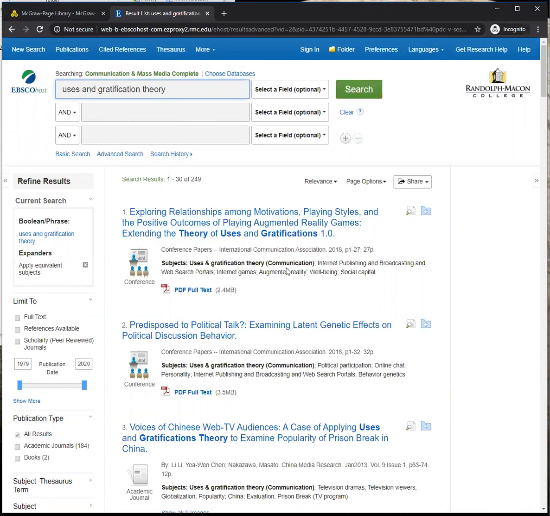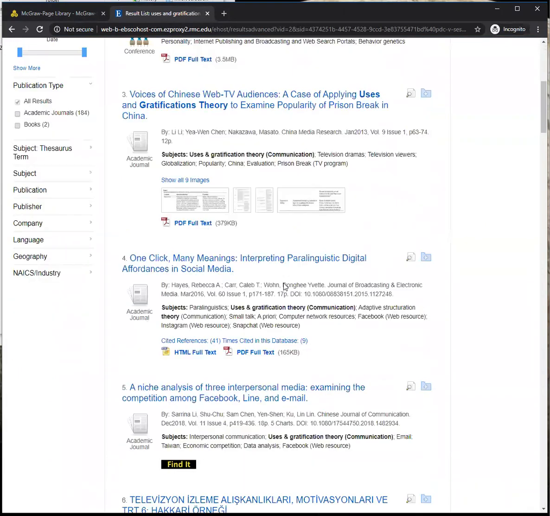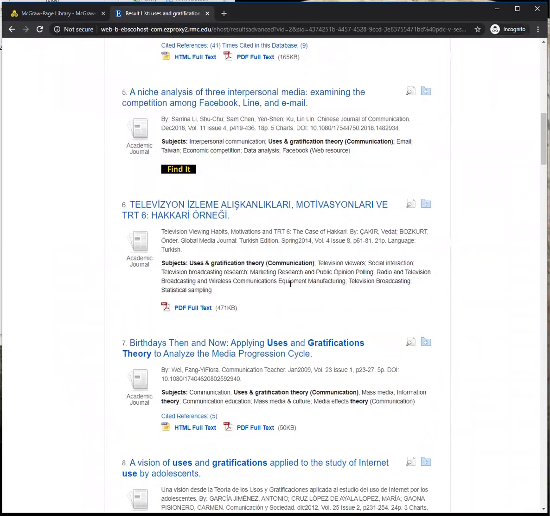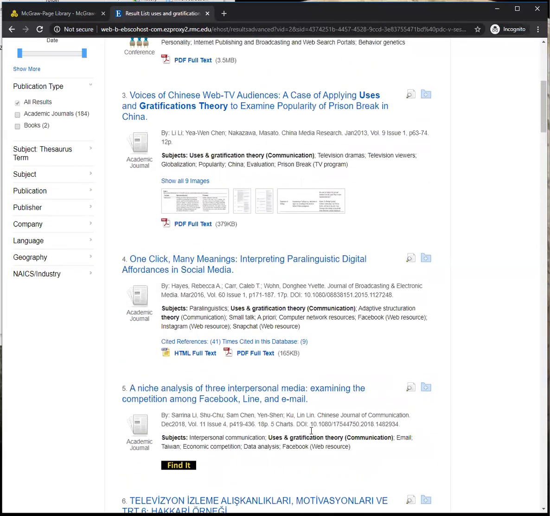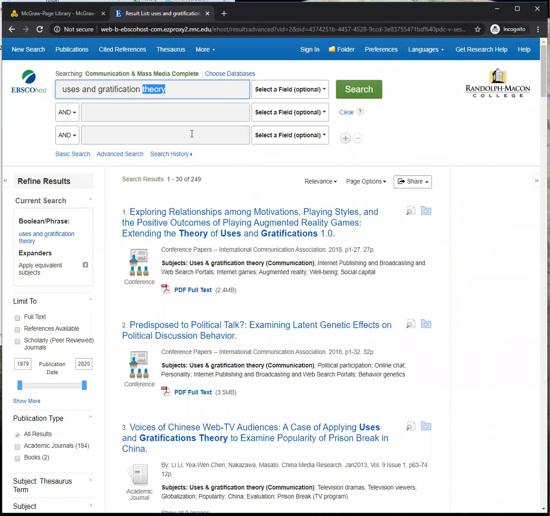But I want to say that there are cases when a lot of these things that come up, here's a good example, doesn't have the word theory with it. Theory comes up as a subject term, but the title of this doesn't have theory in it. If they didn't use the subject term, I wouldn't have gotten this. If they never used the word theory in the subject, I would not have found this because I asked for theory. What I'm getting at is, I think we're being too specific.